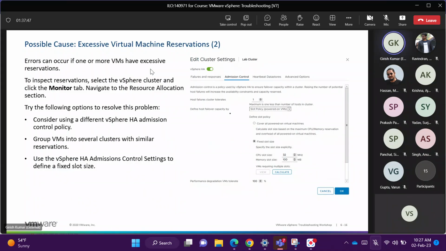You can see here, from here you can configure the number of host failures to tolerate in the cluster. The default is 1. You can increase that to 2, 3, 4, 5, depending on how big your cluster is. Under define host failover capacity you have another option. If I know one or two VMs have heavy reservation, but I want to use more of the slots available in the cluster,